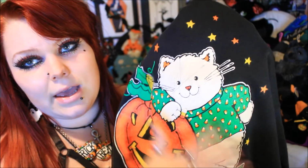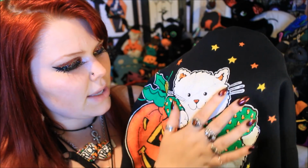I need him either way. So it is this cute little cat. He has little orange ears to kind of go with the pumpkins. He's very